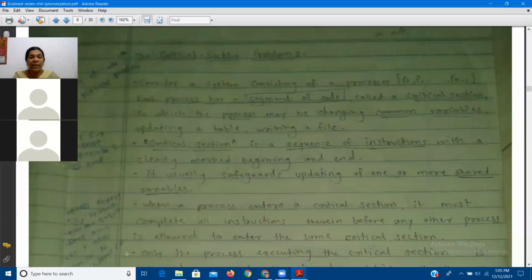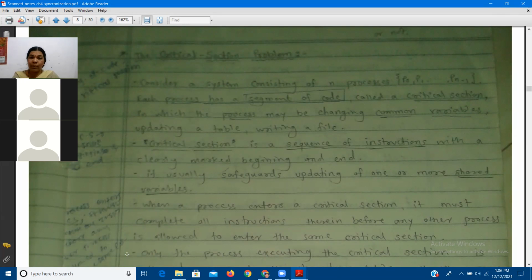This is nothing but the security provided to the common resource, because two processes are there and they want to access the same file. One process has already displayed the file, so this is the display process, and another is the copy process. That process also wants to use the same resource, to copy the file somewhere else. So two processes are trying to access the same resource at a time, and it will not be allowed. It is the work of the operating system to safeguard that file.